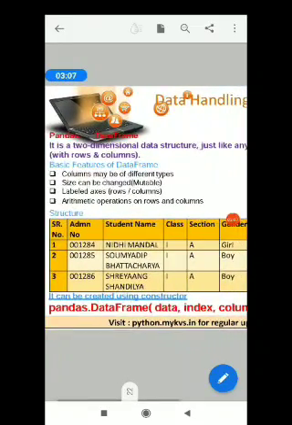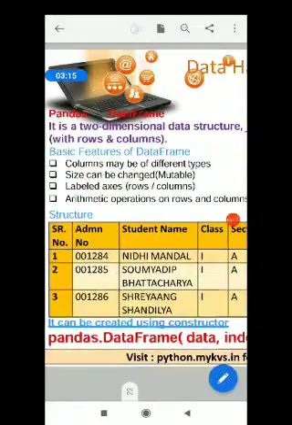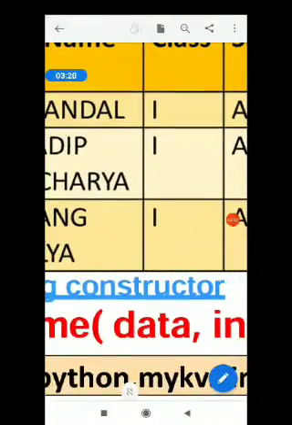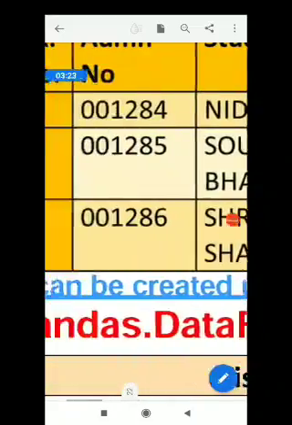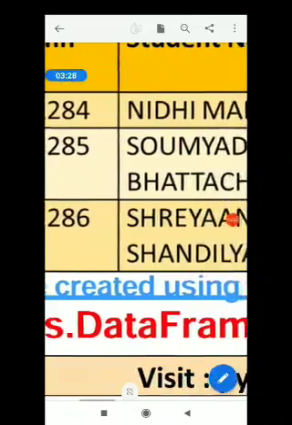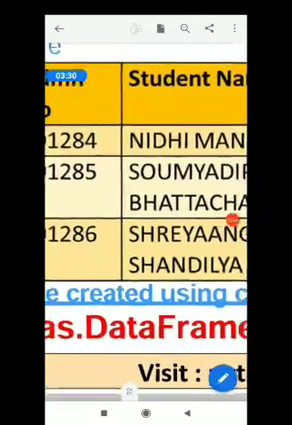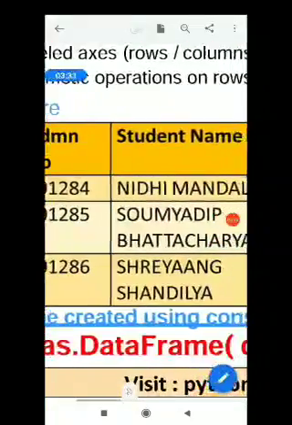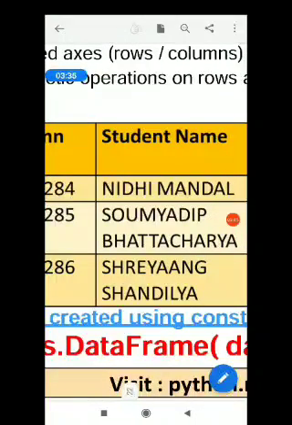How to create a data frame? We will see the different options of creating a data frame, but let me tell you, it can be created using constructors. Let us see how. You have to write the library name pandas dot DataFrame. When you are using the DataFrame method, basically it is a constructor. Please note that D and F are in capital letters.